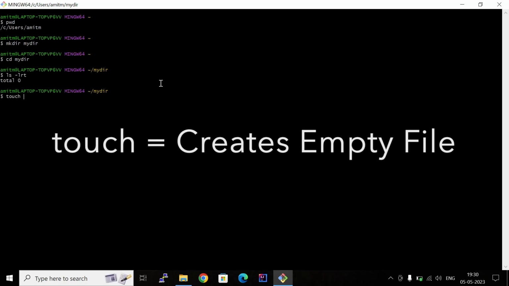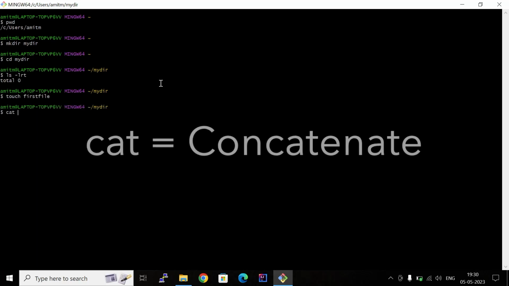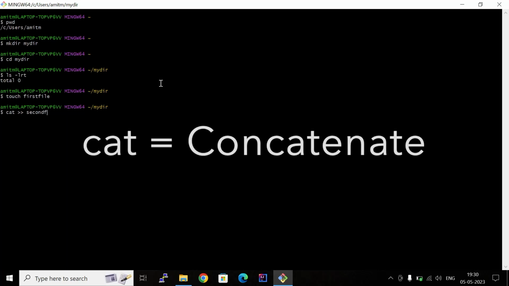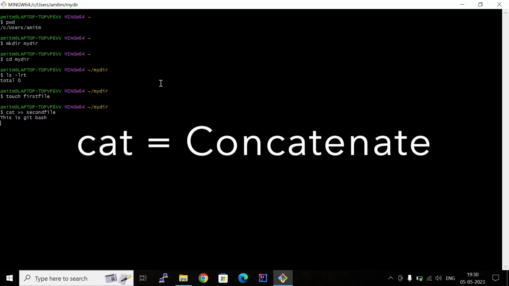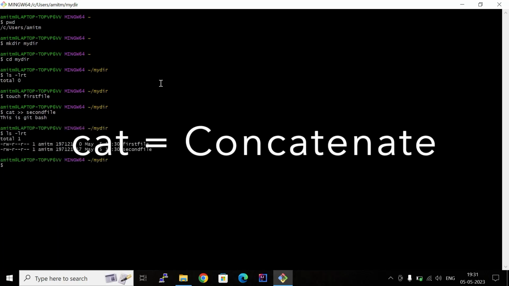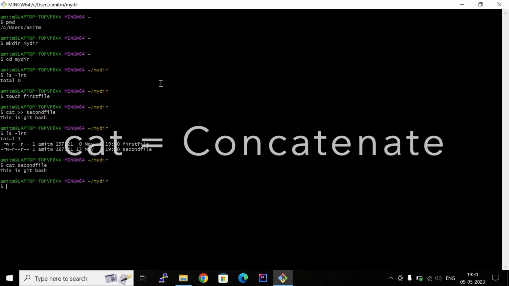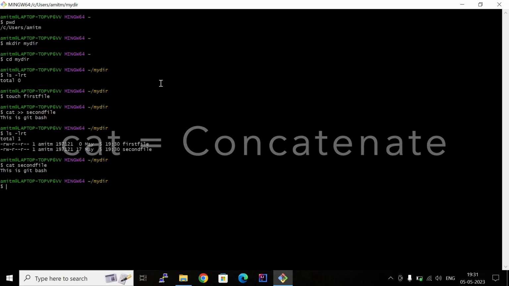Touch is the command which will create an empty file. Touch first file, and then you can also use cat, and then cat second file. Add the content into it using this is git bash, and then if you want to come out, just press ctrl d, and now you can see there are two files, and cat can also be used to see the content of the file. The first file is basically empty, the second file has this content. So these are the basic commands